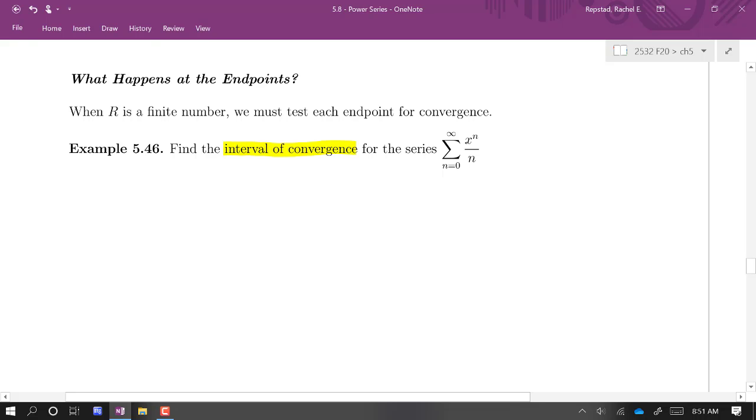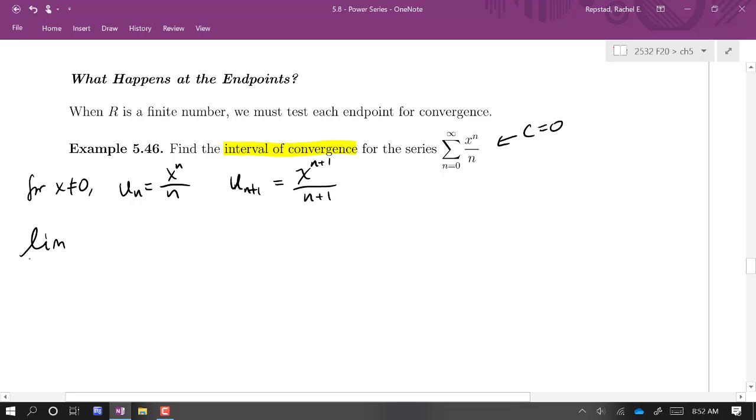So here's this series, x to the n over n. We'll note that the center is 0 there. Now we're going to consider non-zero values of x. Our nth term is x to the n over n. Our n plus first term is x to the n plus 1 over n plus 1. So the limit as n approaches infinity of u sub n plus 1 over u sub n